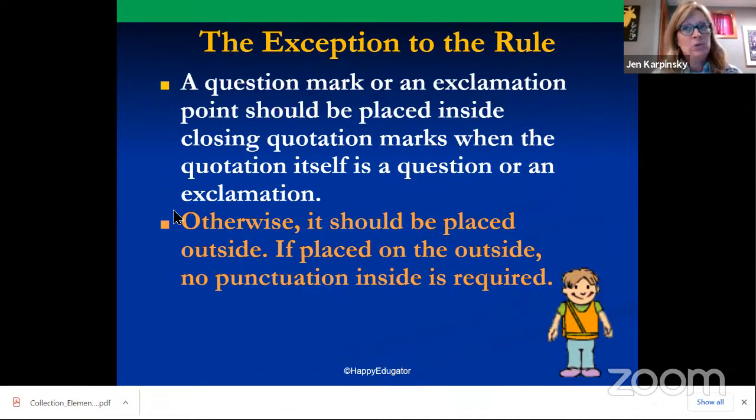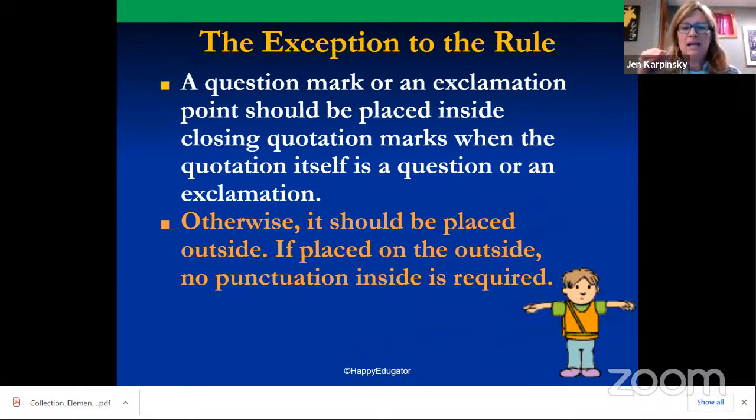Here's the exception to the rule, however. Don't we always have to have exceptions? A question mark or an exclamation point should be placed inside the closing quotation marks when the quotation itself is a question or an exclamation. So in other words, if we're asking somebody a question, we're going to have the question mark on the inside. But if we have